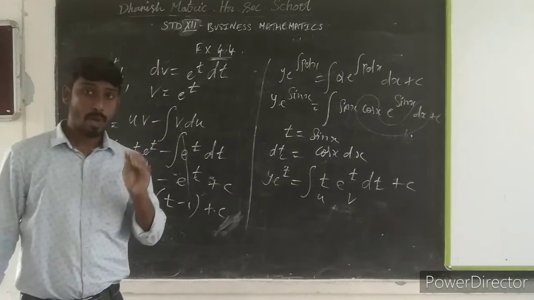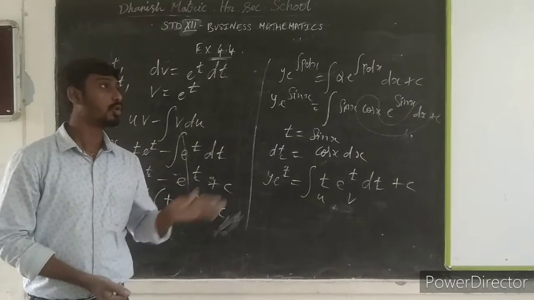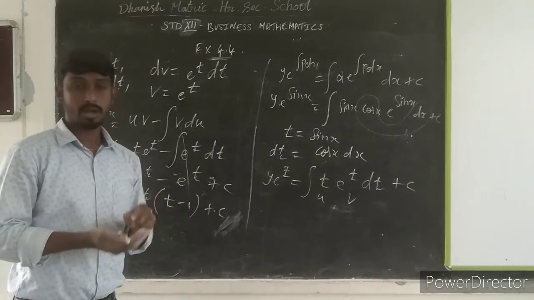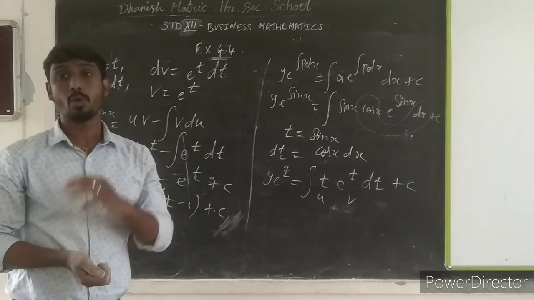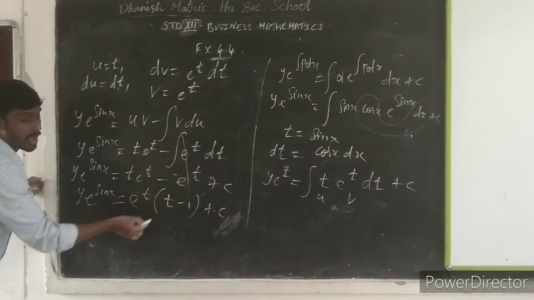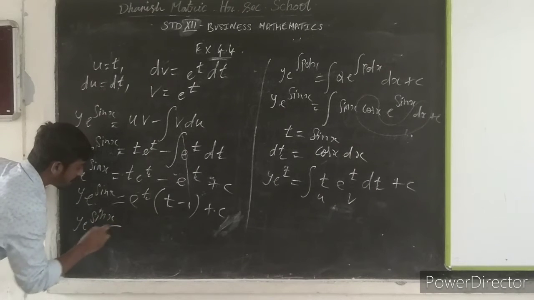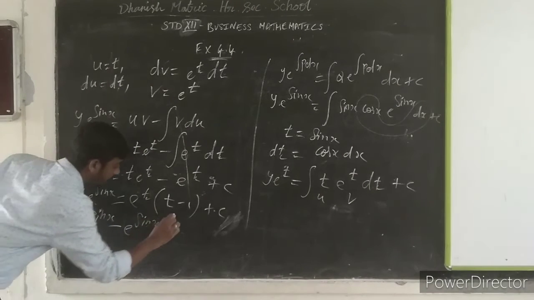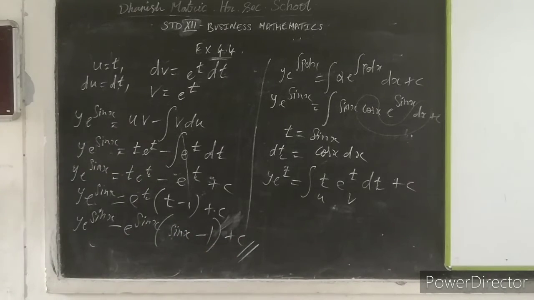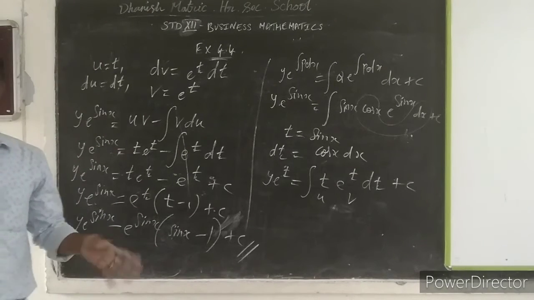I already told you, wherever you apply a substitution, you give some name for t, then you solve with the same values, and then you change back into the original position. So listen here, we are applying t is equal to sin x. Here we have t, so you apply the values again: e power of sin x times e power of sin x minus 1 plus c, the constant. Again you are substituting the t value, so you are getting the answer. Very easy sum only.